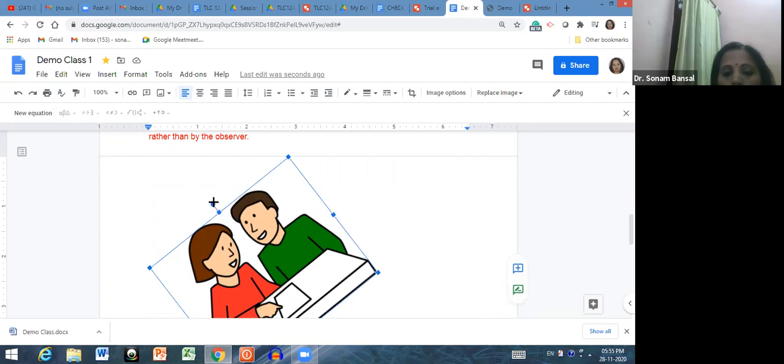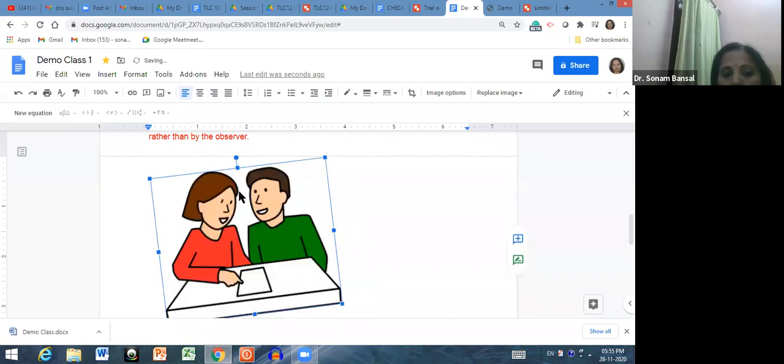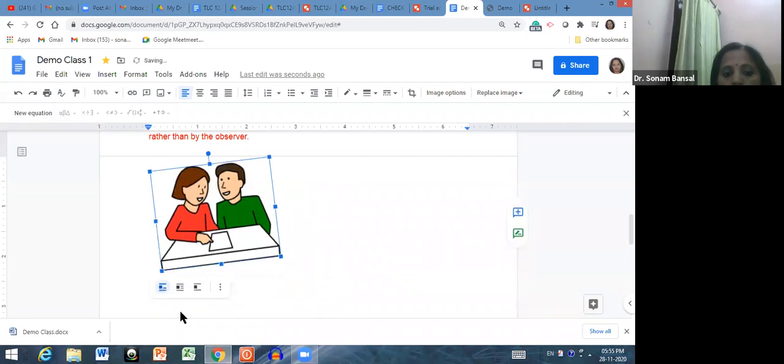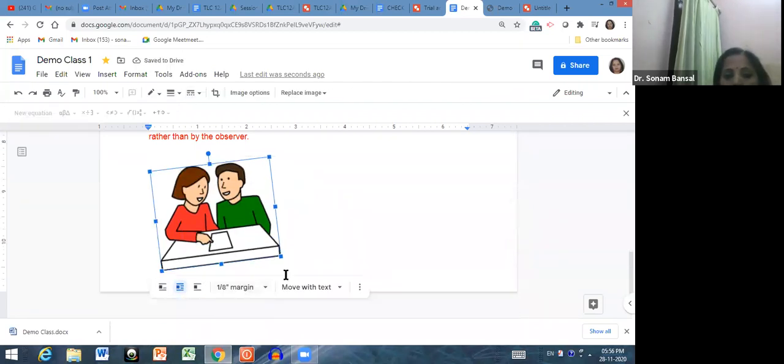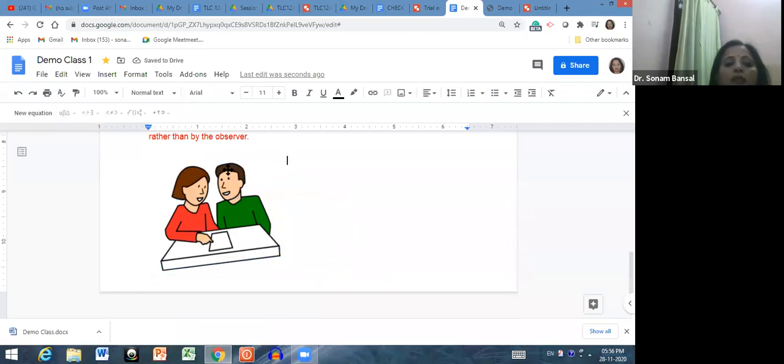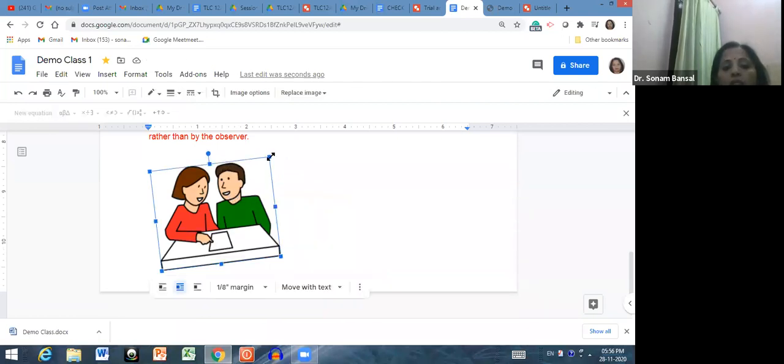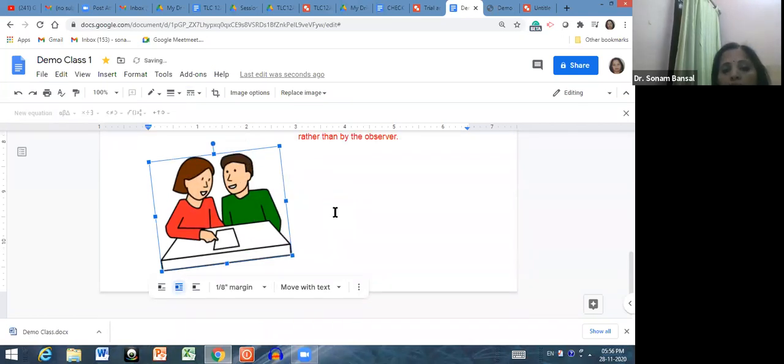Look, see, rotate the image. Make the size smaller, make the size larger, or if you want to wrap the text, then you can click here, wrap the text. Okay, so like this you can insert so many images directly by searching from the web.